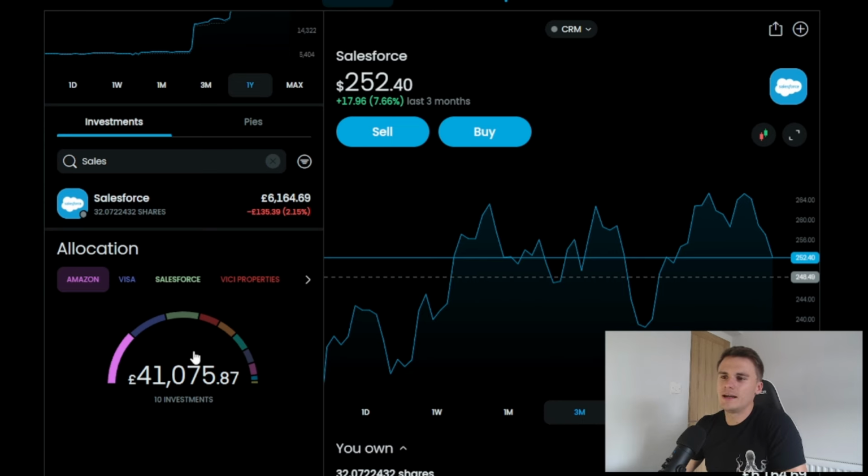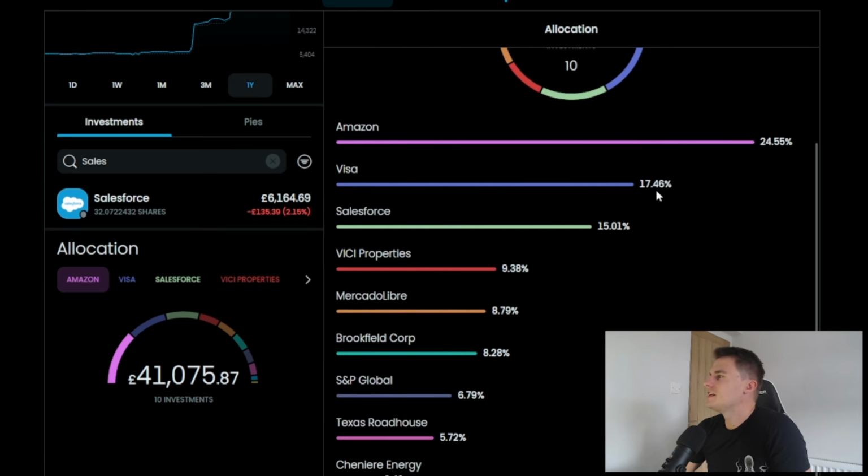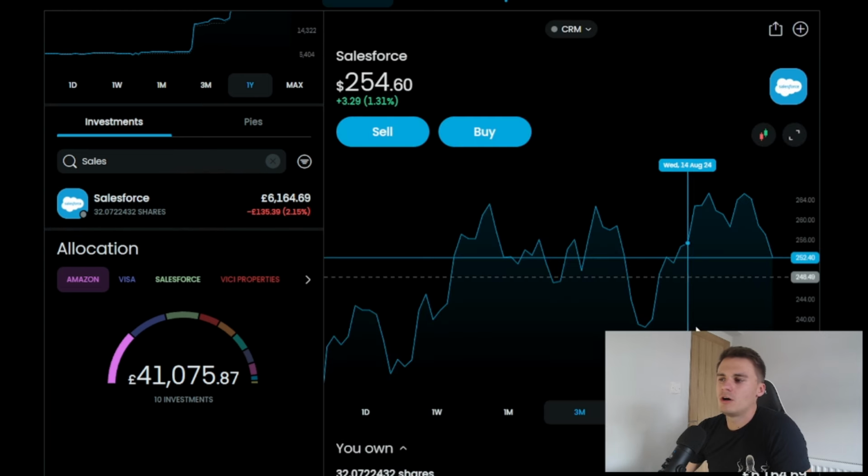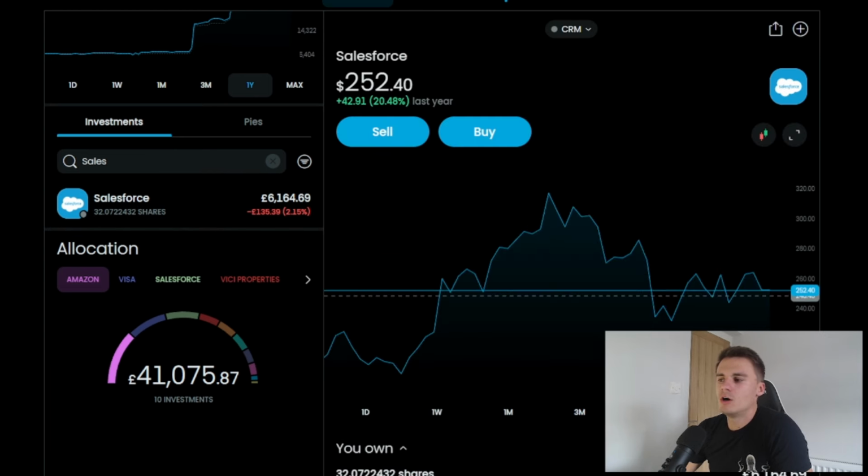But in terms of overall weighting, it's sitting around 15%, and I don't mind that for Salesforce. I don't want it to be a core holding. I do like it, but I see it as massively still undervalued. So when it gets down to this $230 mark again, I'll probably add more. I just lower the cost basis, because I can't avoid just putting money into a really undervalued stock that I could believe in considerably. I've got some reservations about the management team, but on the whole, I still really like